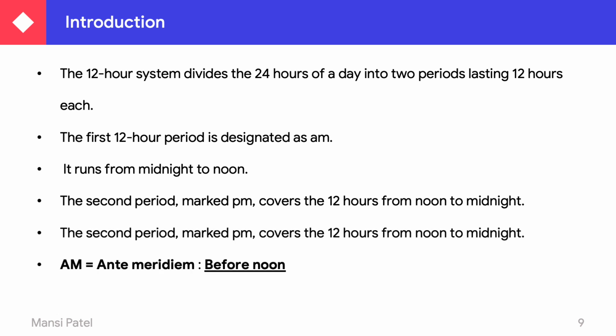So see, AM means ante meridiem, and we use this AM before noon, meaning before 12 o'clock noon,